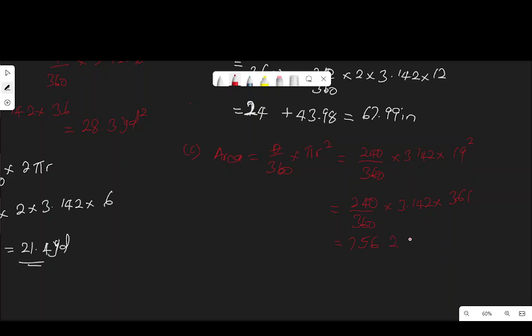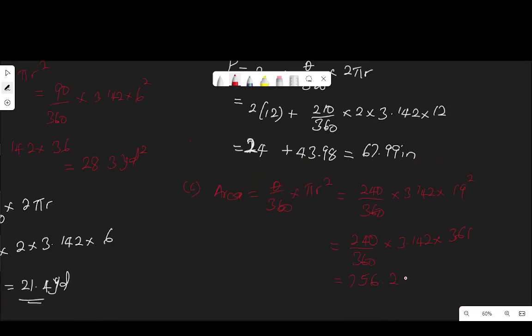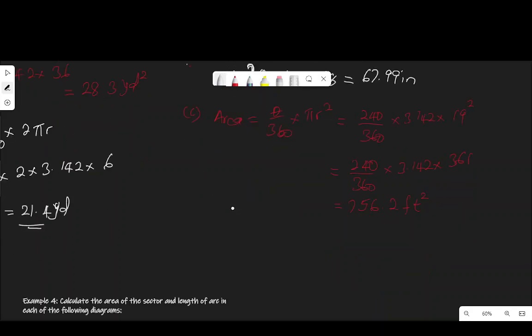756.2 approximately. What was the unit? The unit is feet. Okay, feet square. That is the area of the sector of the circle. Now for the perimeter,